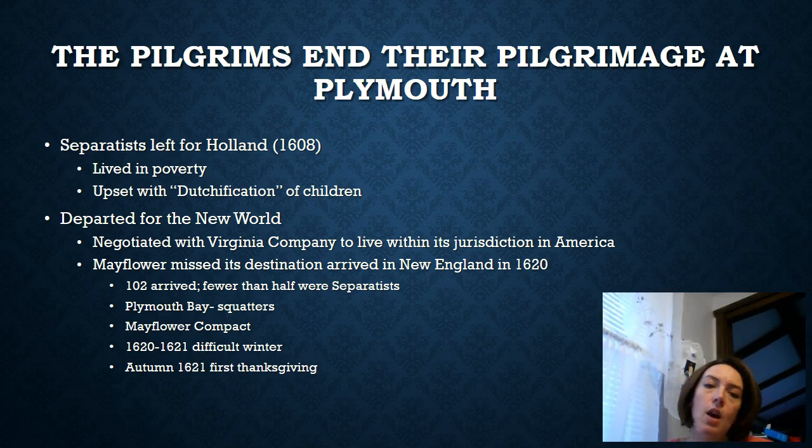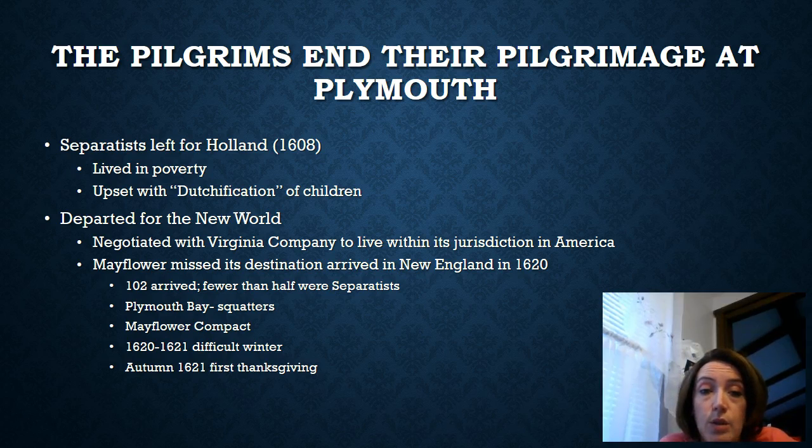And so the first place they go, in 1608, is Holland. So they go to the Netherlands, where they did not have a great experience. They could practice their religion, but they did not find prosperity, which is not necessarily horrible. But what they didn't like was they were becoming more Dutch. They lived in the Netherlands, their children were living among the Dutch, and so they were picking up cultural aspects of that. And so they started to think, we need a place that we can go, that we can be English, but we can also be Puritans.